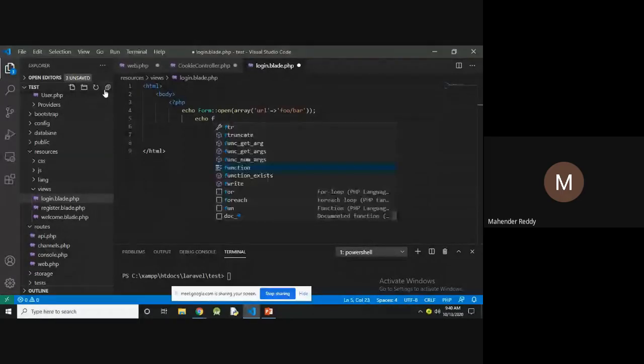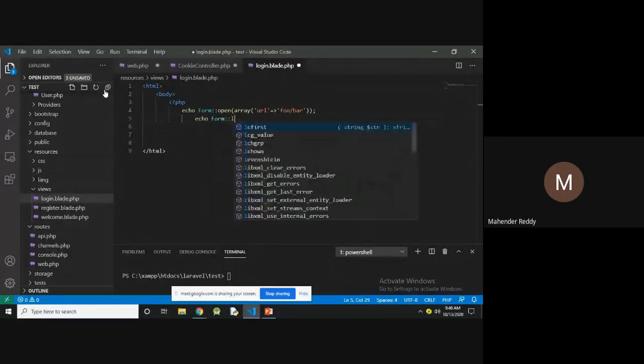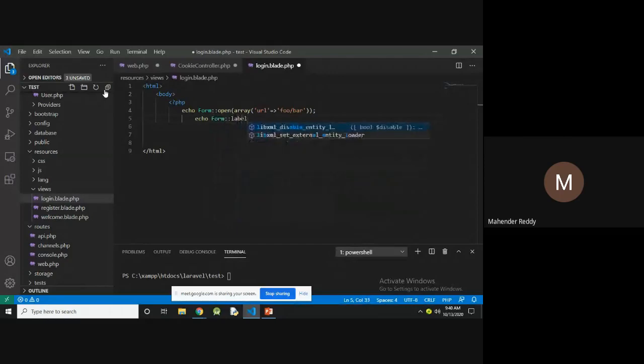Form::label name. After displaying the name, I'm using the text.